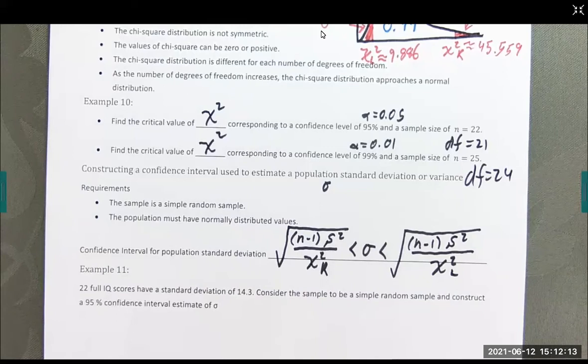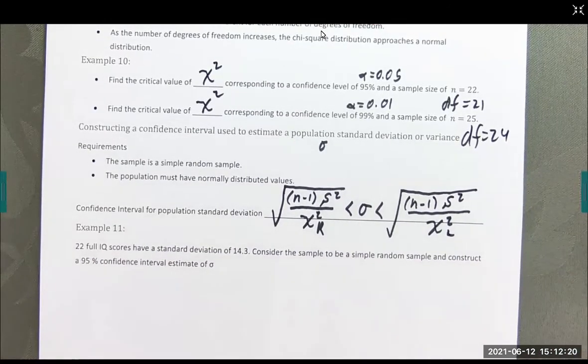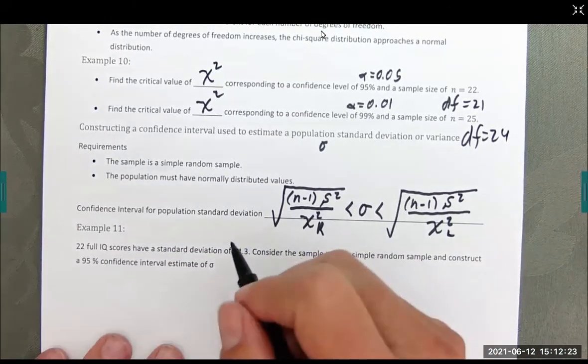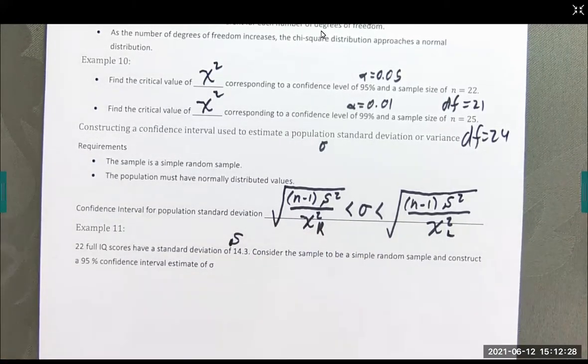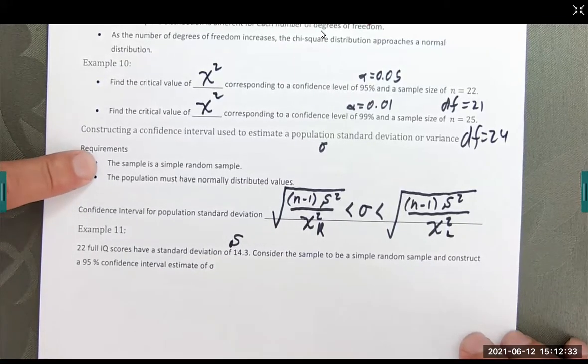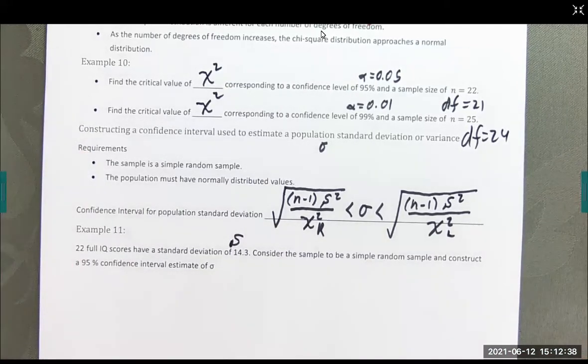And here we go. So we have 22 full IQ scores. This is example 11. 22 full IQ scores have a standard deviation of 14.3. So here is my S. Consider the sample to be a simple random sample and construct a, oh, I didn't mention this here. The sample has to be a simple random sample and the population must be normally distributed. If it's not normally distributed, then we can't do this. All right, consider the sample to be a simple random sample and construct a 95% confidence interval for an estimate of